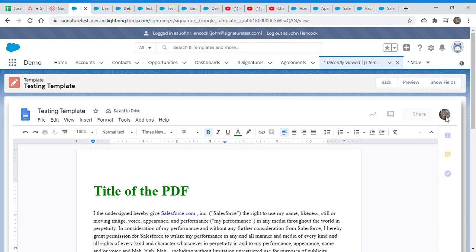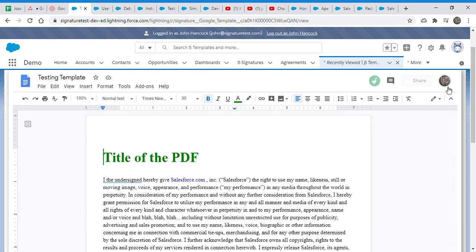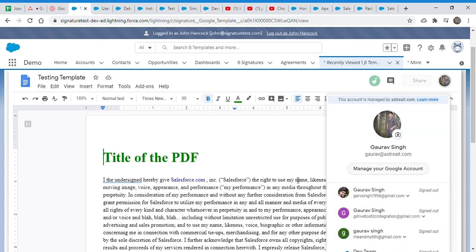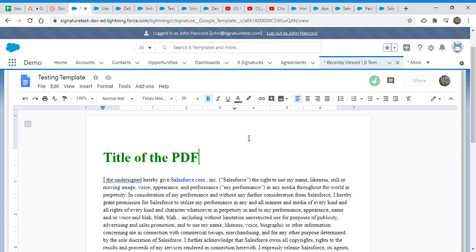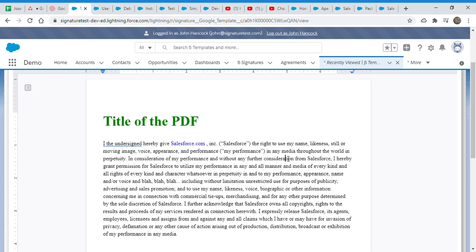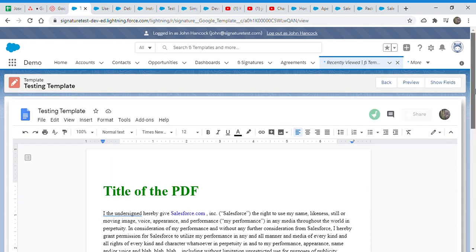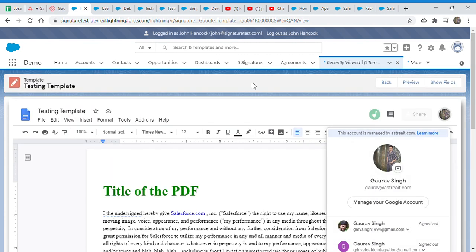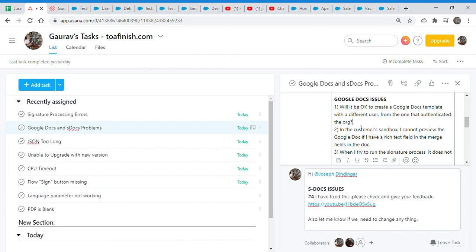I am logged in with this one in the browser, but this is not actually the owner of this document, of course, because this is not the account used to create this doc. It's not in my account. It's just public with link. That's why I can see it and I can modify this one. Okay, so I think your question is something different, but let me just read it again.